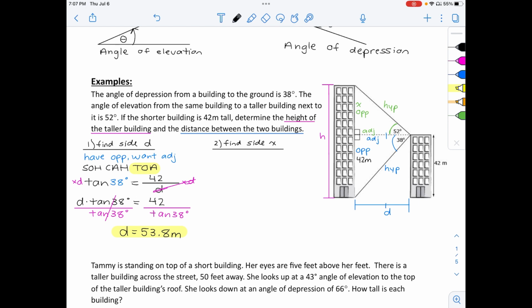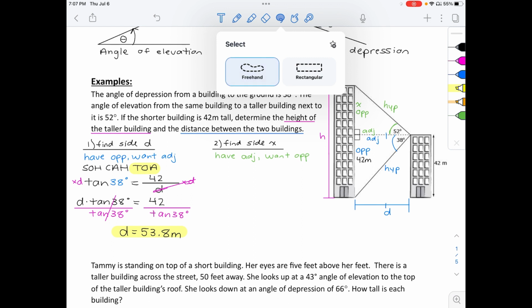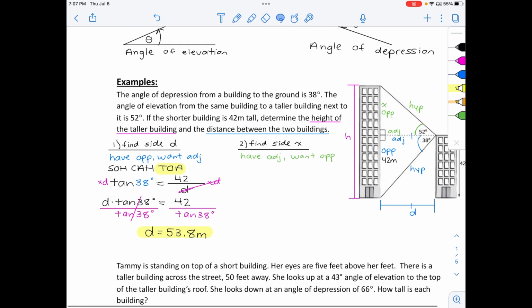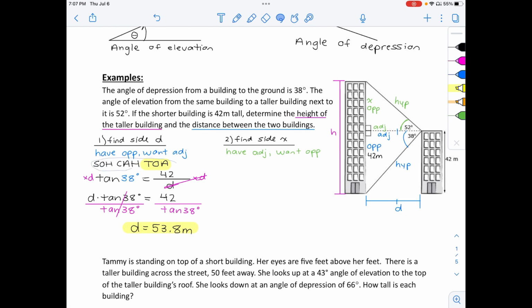And again, I'm setting up a trig ratio. So although it's not labeled in my triangle, I have my adjacent side. Okay, because I found the adjacent side in the blue triangle, it's the same because it's the shared side. So I have my adjacent and I want my opposite. So again, that's going to be a tan ratio, okay, because it's using the same two sides. The only difference here is that it is going to be set up with the unknown in the opposite spot. Okay, so before we had our unknown in the denominator, now it will be in the numerator. Okay, so I'm going to set up tan